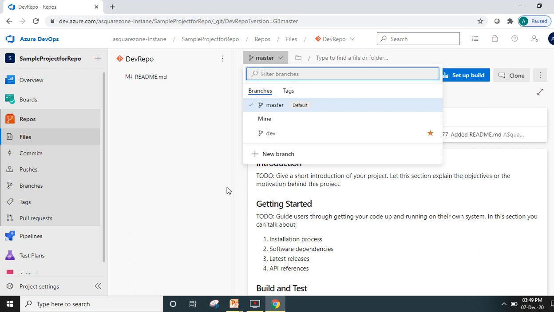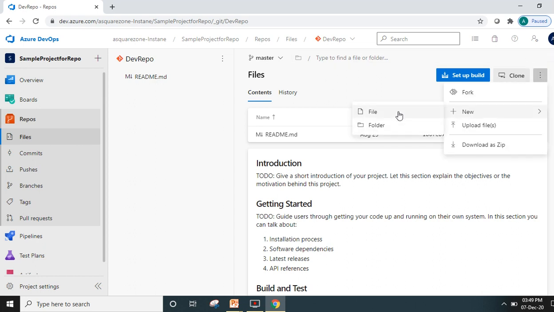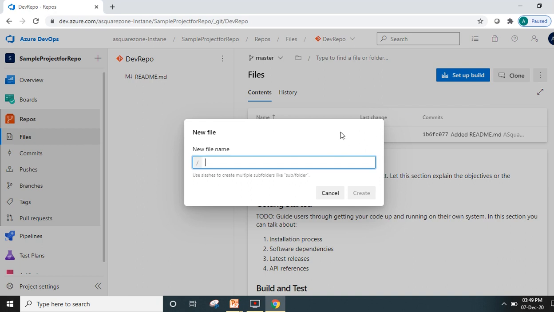So if we create any file here, we are going to create one file. We can give it the name dev.txt.